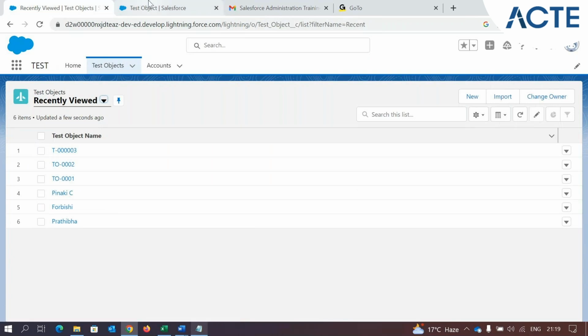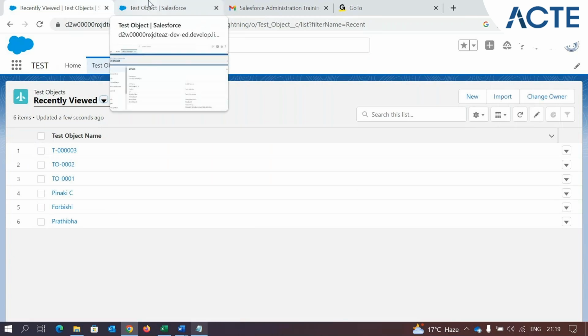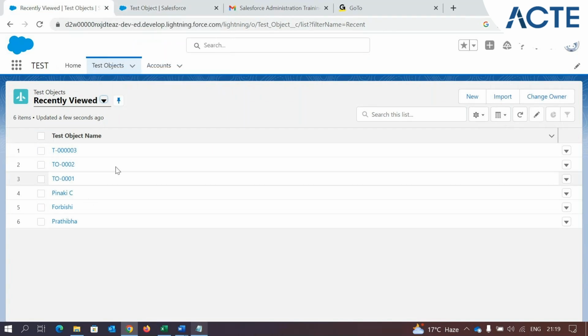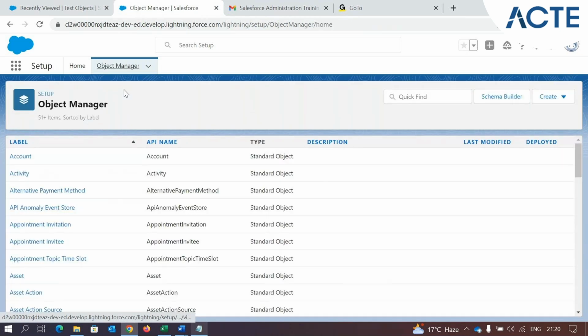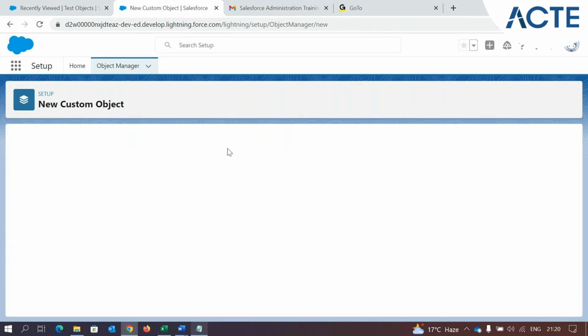So what is the definition of plural label? Plural labels are those labels that your end user, your customer, is going to see in the front end. The actual name might be different. The actual name is the technical name, the normal name that your developer people, the admin people will see. But the plural label is that label that your end user or your customer is going to see. So now let me again go back to object manager and create our custom object,